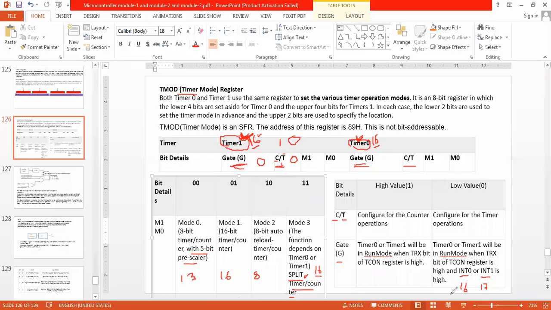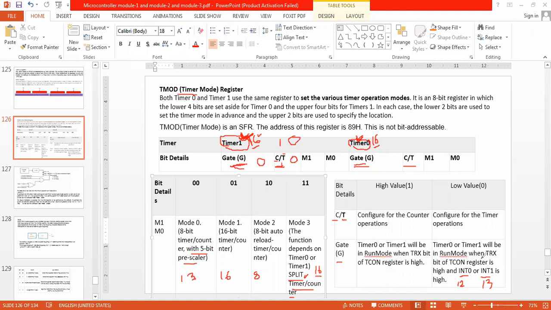It is 12 and 13. It is not 16, 17. It is pin number 12 and 13. So whenever there is a